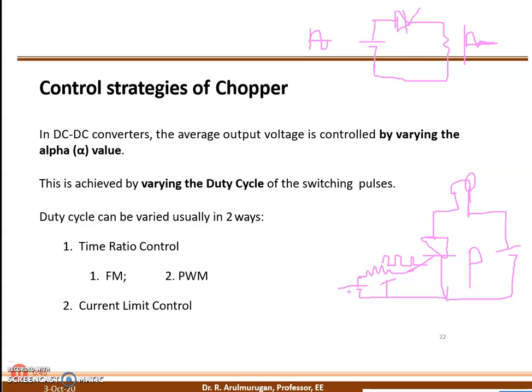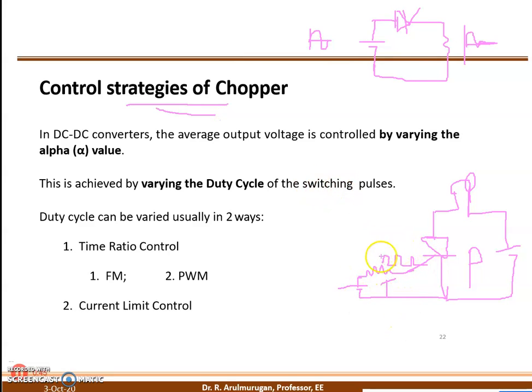Secondary students, you can say microcontroller, DSP controller. Higher secondary students, you can say FPGA controller. So these are all the different controllers. One of the primary ones is the op-amp, which can be used to give the triggering. Another one is the 555 timer, used to give the triggering. So these are the primary devices. Coming to that, these control strategies we are going to discuss here.